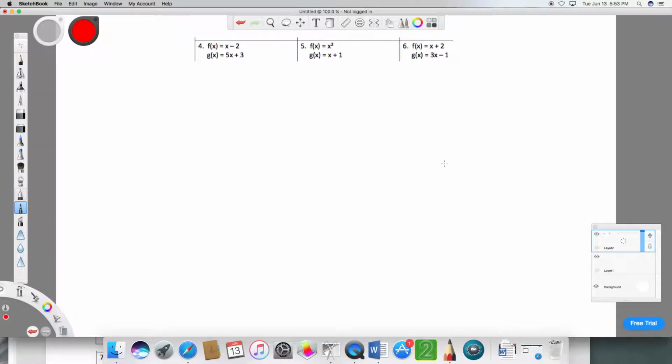Let's take a look at 4, 5, and 6 here. I didn't copy the directions, but it's asking us to find each of the compositions, F composed with G and G composed with F for each one of these problems. So for number 4, F composed with G of X, F of G of X,